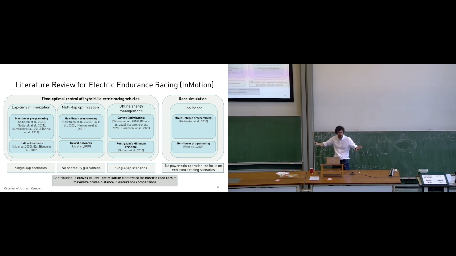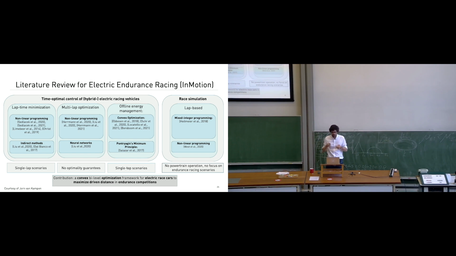We fill it, like with a bridge. And our contribution is this convex bi-level optimization framework. You can read the papers or the thesis, but this is just the idea. Do you see the structure? This has been done, but this is missing. This has been done, but this is missing. Overall, we see that this is missing, and guess what I am going to work on? Precisely the gap. And also graphically, it makes sense.